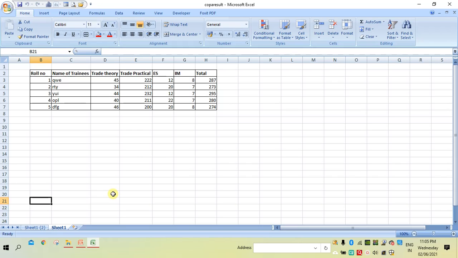To give your own sheet names, right click on the sheet and then select the rename button, and now type the name which you want to give for a sheet. Now I want to give here COPA. So here COPA is the sheet name of this table.